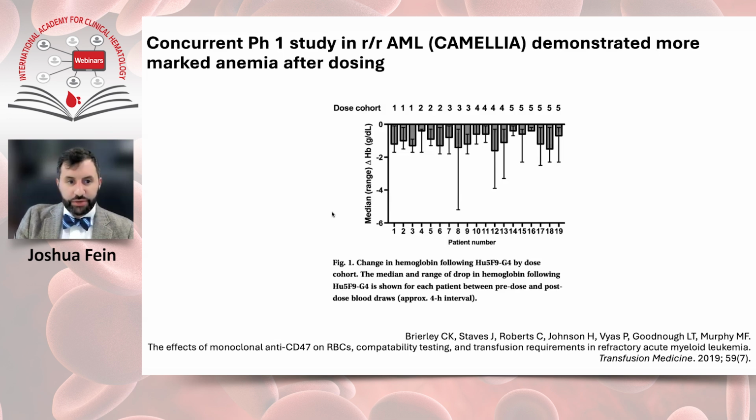And as a result of that, there was also a lot of interference with ABO blood typing because of panagglutination. They would get the blood typing back and really not be able to interpret it. And so strategies were developed, actually generally based on genotyping the blood and using genotype-matched blood in some cases. But based on this experience, it was found that it was safe to proceed in both the solid tumor and DLBCL setting and in the leukemia setting.